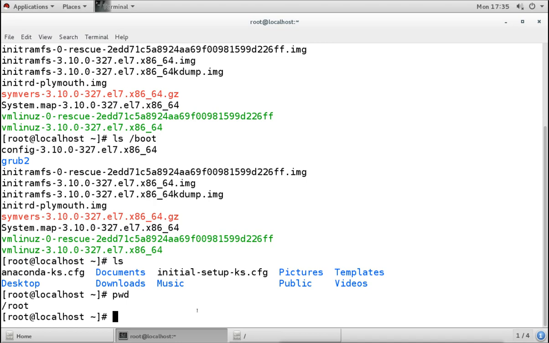Now in Linux we have hundreds of commands, and with each command we have different options. With each command we can add some options. Those options add some other features to the command.